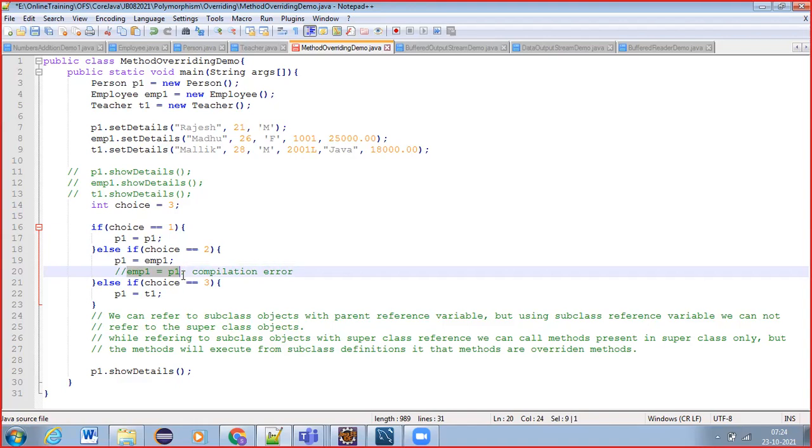Is it clear, guys? That point is very important, and it will give you real dynamic polymorphism when you are writing your code. You should remember this, guys.